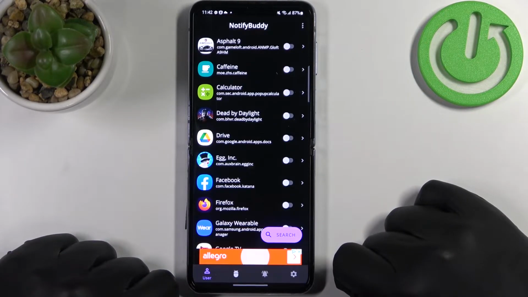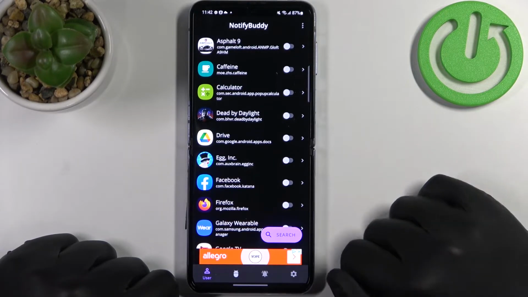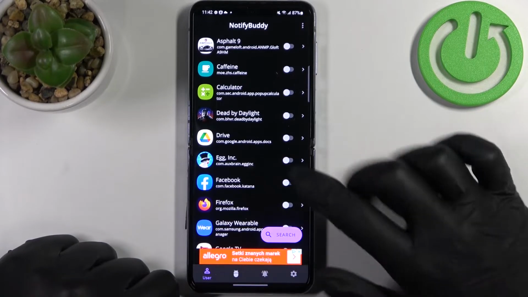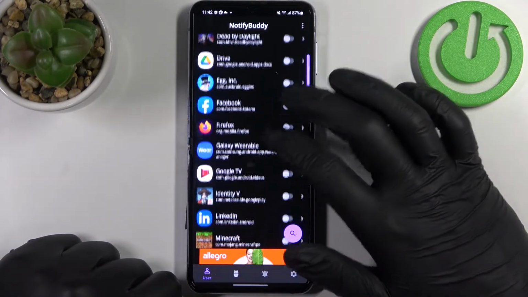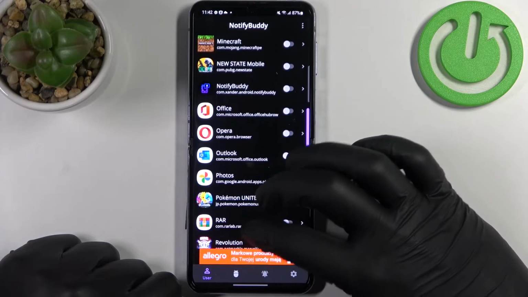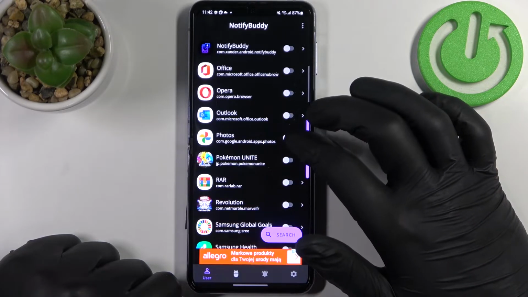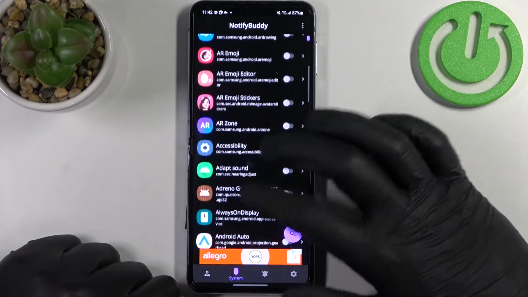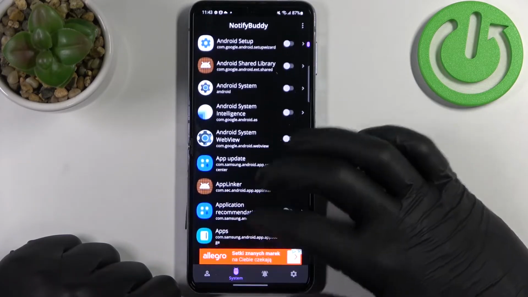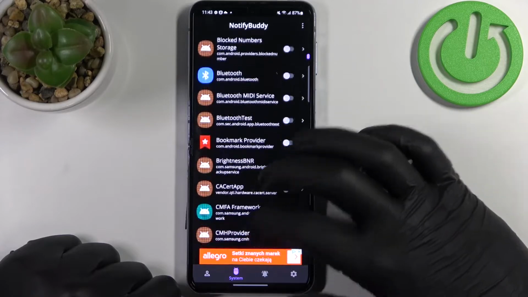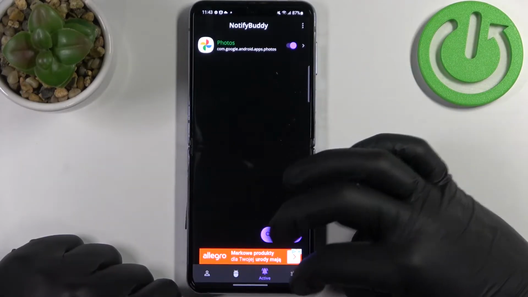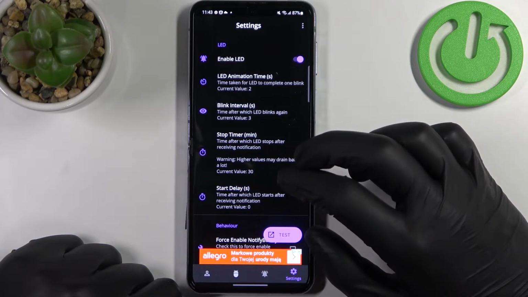Click on accept. From here we can start using this app and you can see 4 tabs down here. First one is user, and in this tab you can pick any apps to allow custom LED lamp notifications for. So right here let's get, for example, photos. In system you can find all apps that are bound to your system. In active you can find all apps that you've just activated, and in the settings you can change anything about